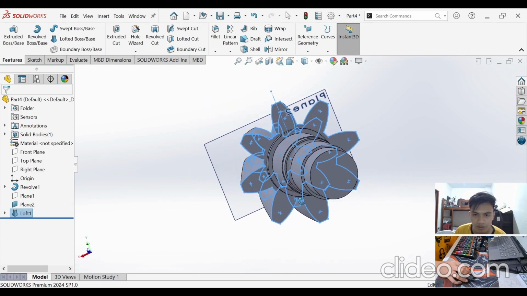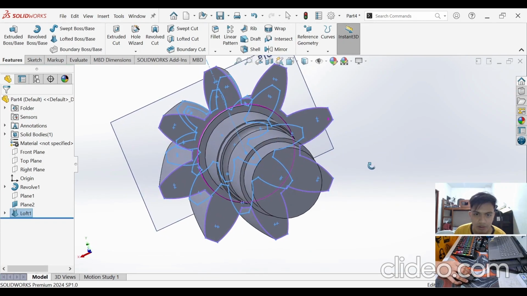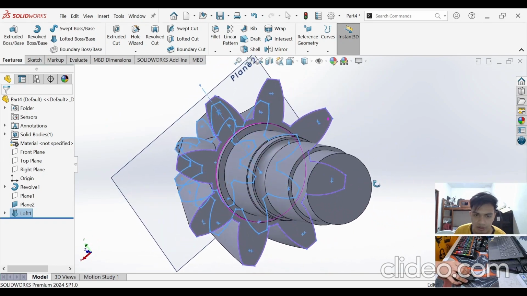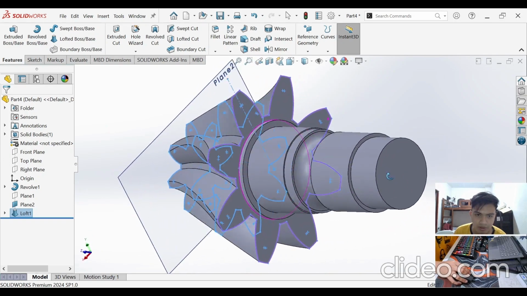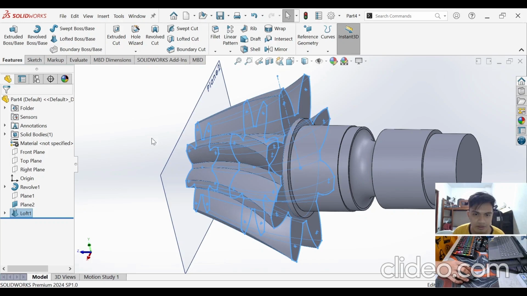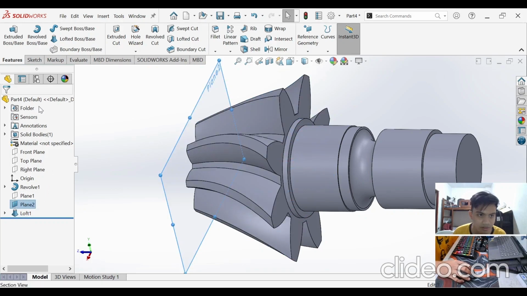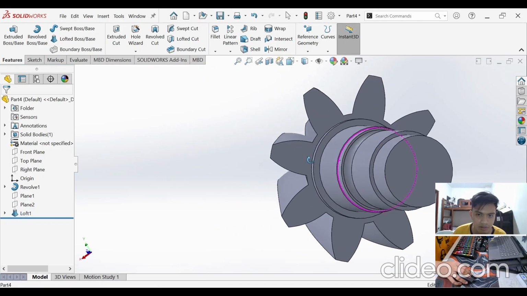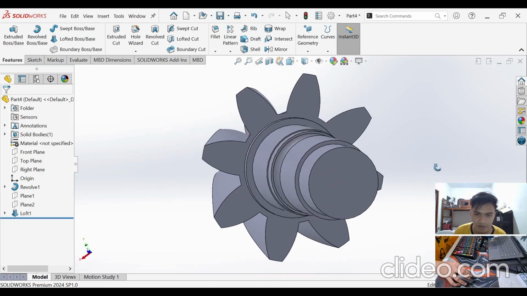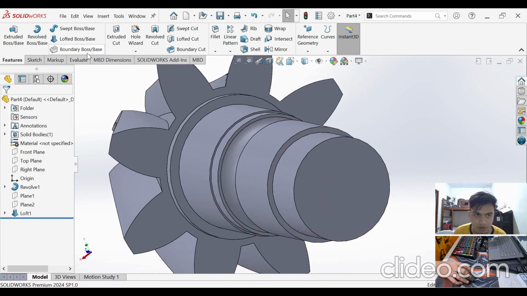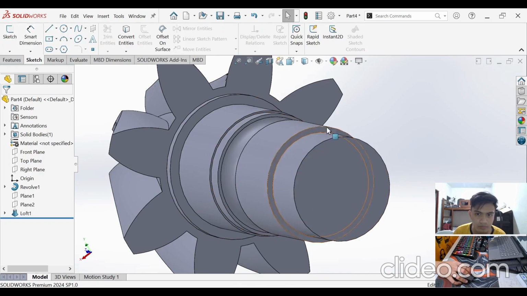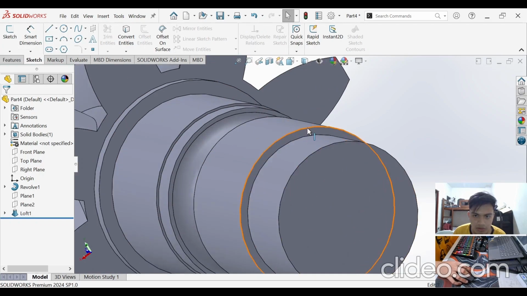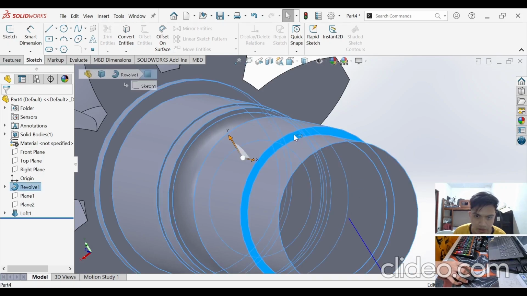The next part now is to make the repeating blocks of pattern at the rear side of our helical bevel gear. So to make things less messy, let us first hide these sketches here and proceed to the back side of our helical bevel gear. We can now select this area here, not this edge of the gear, but this area here.